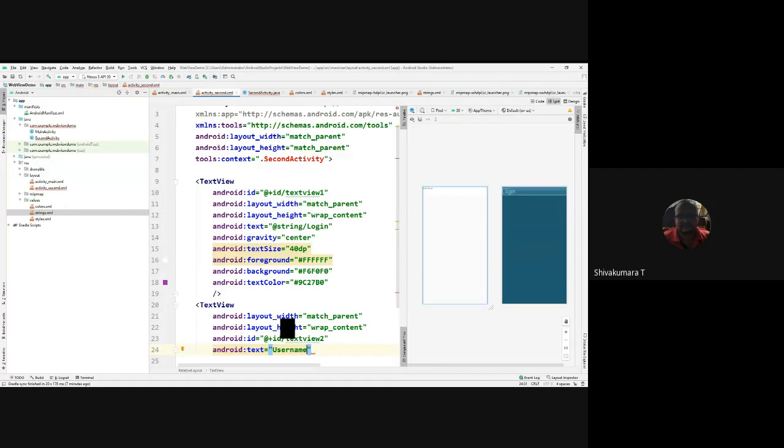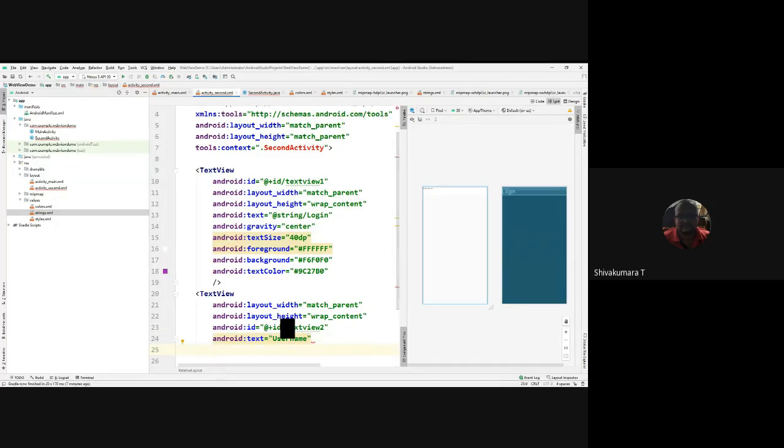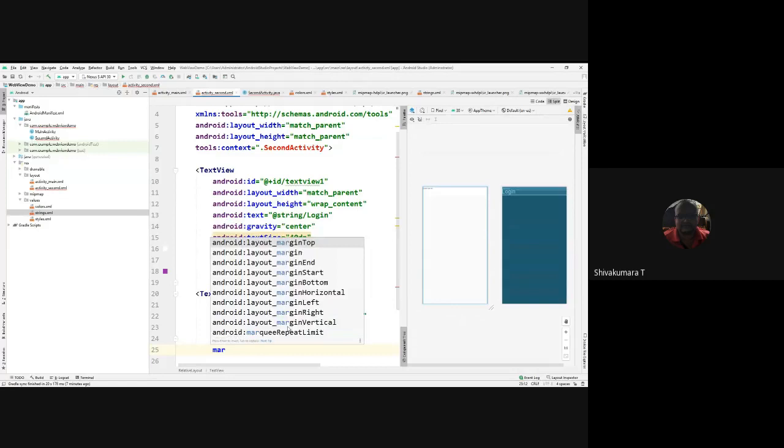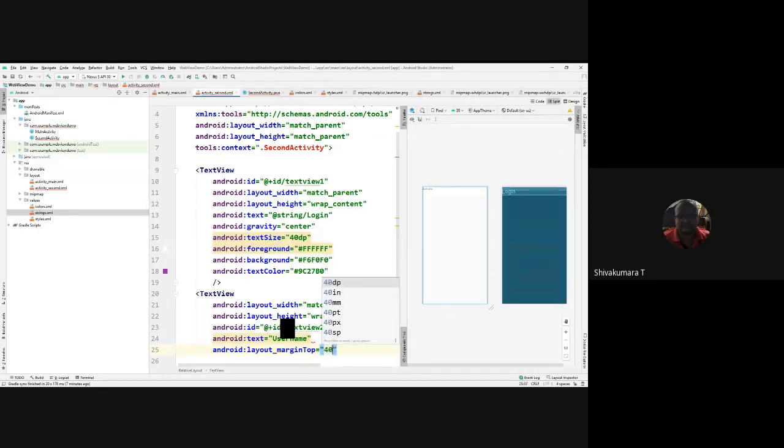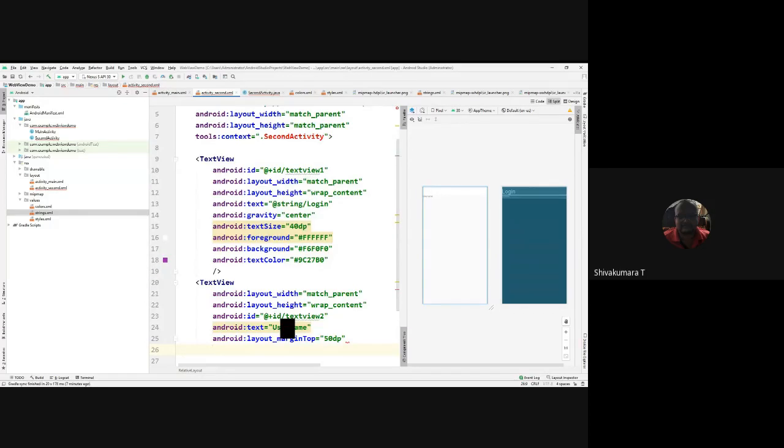If you enter some text directly, that is hard coded. You can use strings.xml for username. Then margin top, after login some value like 50 dp, it should get displayed. So you can even specify the text size as 20 dp.